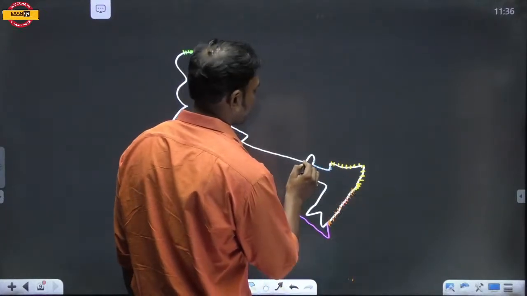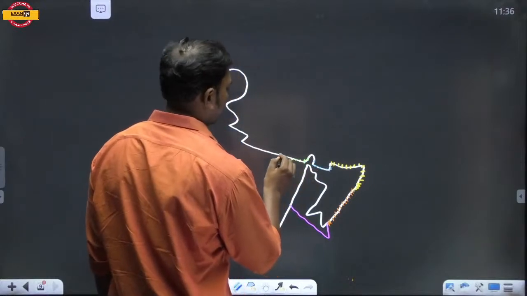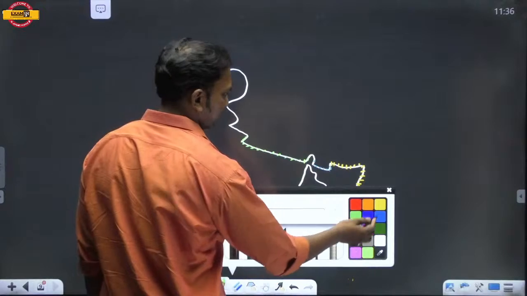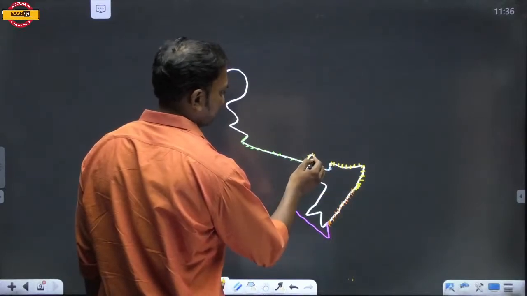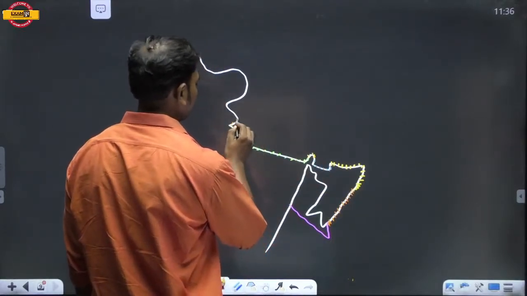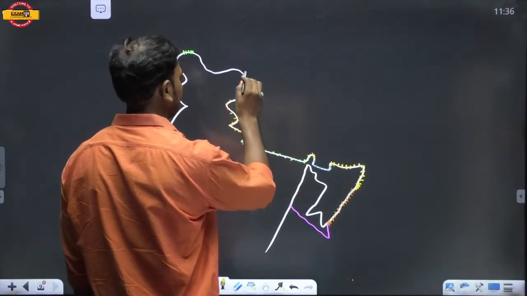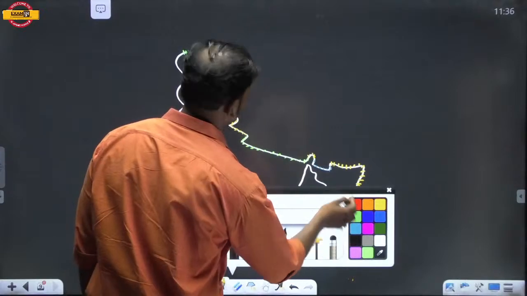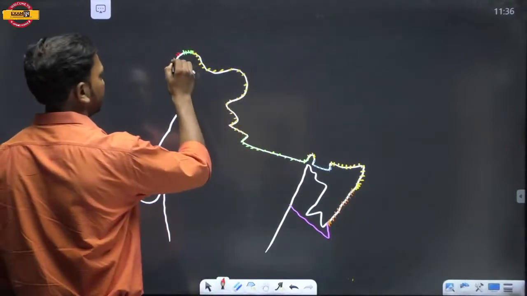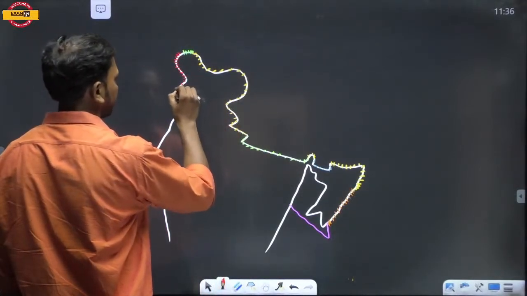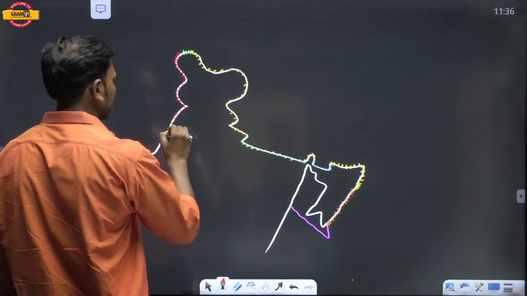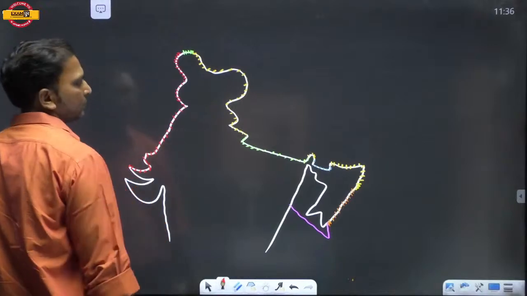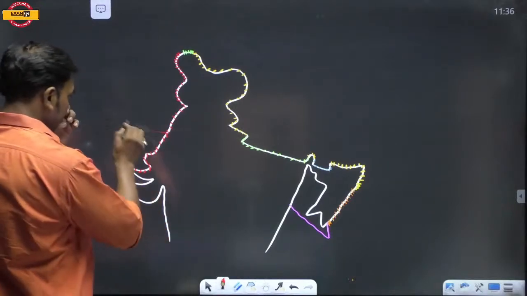Then Nepal. And this is China. And this side is Pakistan. Okay. So this side is Pakistan,